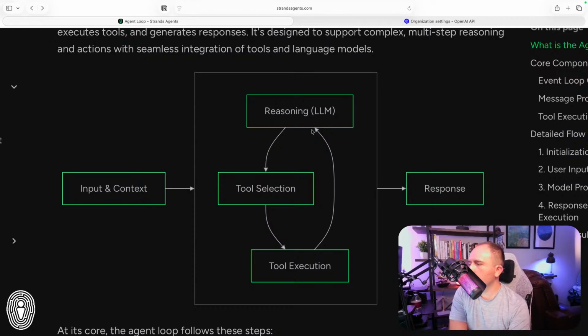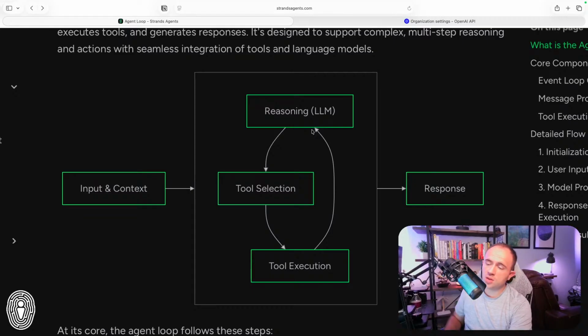So let's talk about some things that large language models do not do natively, or should not do natively well. Number one is because these models are trained at a snapshot in time, it does not know the current date and time. If you go to ChatGPT, ChatGPT is probably an agent in and of itself. It doesn't know the date and time, but perhaps it's doing something behind the scenes that would grab the date and time. So it can't do date and time. What else can it not do?